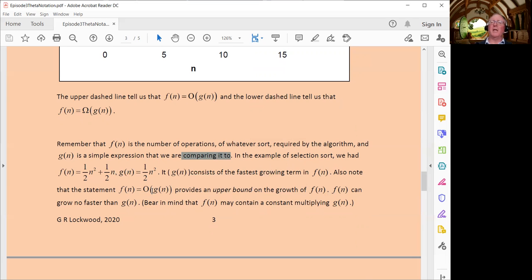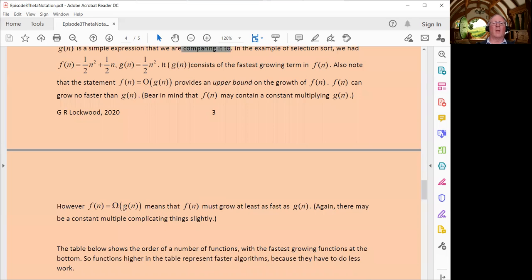Note that f of n equals big O of g of n provides what we call an upper bound on the growth of f of n. So f of n can grow no faster than g of n. And bear in mind, f of n may contain a constant multiplying g of n, but it still roughly describes the growth. F of n is big omega of g of n, not big O, big omega. Mind your Greek letters, mind your big O's and your big omegas today. So f of n must grow at least as fast as g of n, bearing in mind there may be a constant multiple,